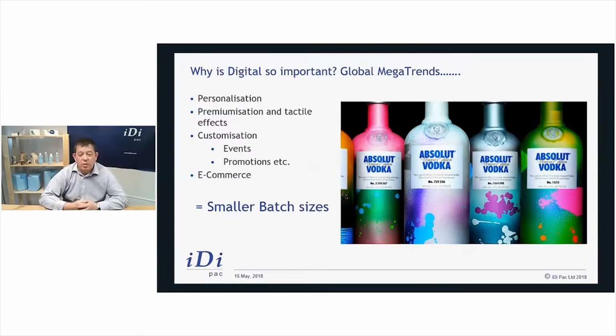That's what folks want. And then we link that through the smart environment, through the electronics, the barcodes, smarter barcodes, to a world of e-commerce. It creates the environment where we have smaller batch sizes, and smaller batch sizes are the absolute bane of the manufacturing community in a lot of cases. But taking that forward, you start talking about digital print, digital capability within the conventional manufacturing environment, and that delivers